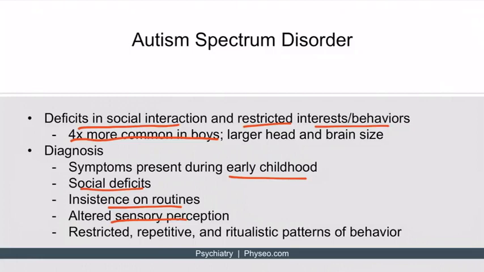The final group of symptoms are restricted, repetitive, ritualized patterns of behavior or interest. These behaviors can involve stereotyped movements or sounds, like repetitive rocking back and forth or producing the same sound over and over. And as I mentioned earlier, they may have an obsessive interest with a particular subject, like dinosaurs.